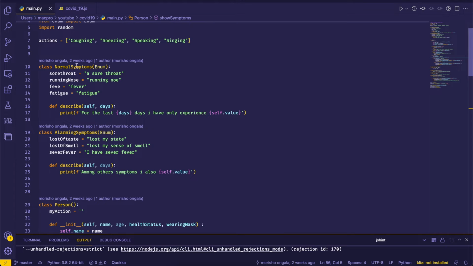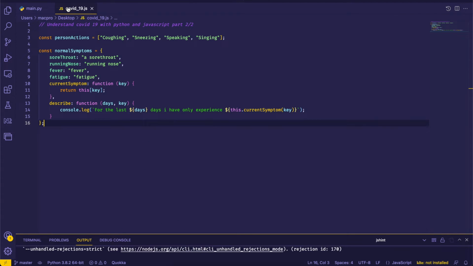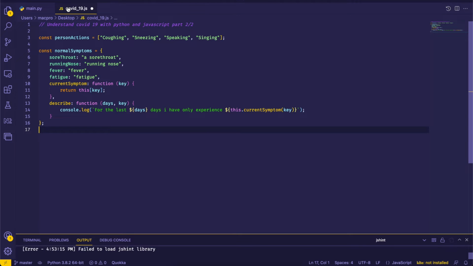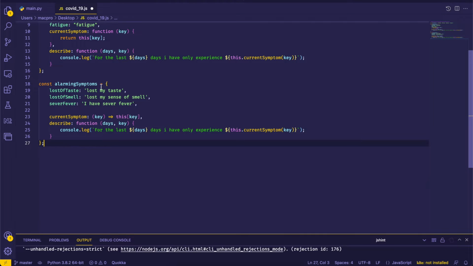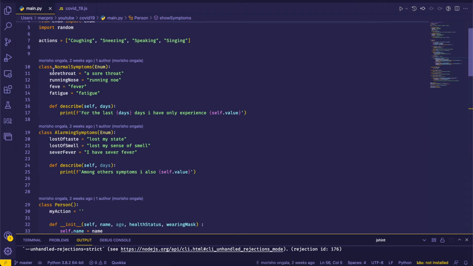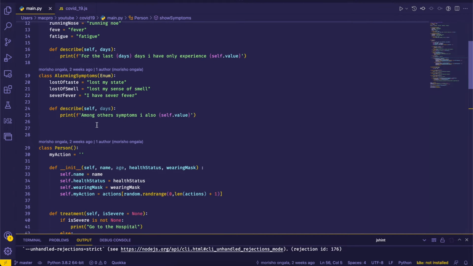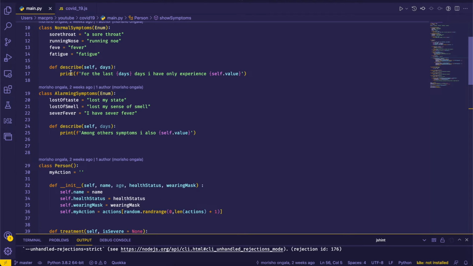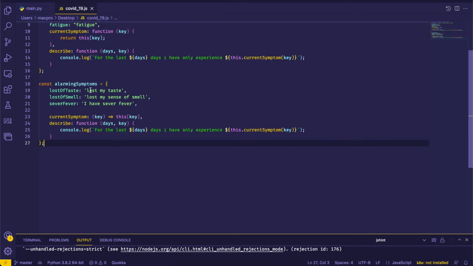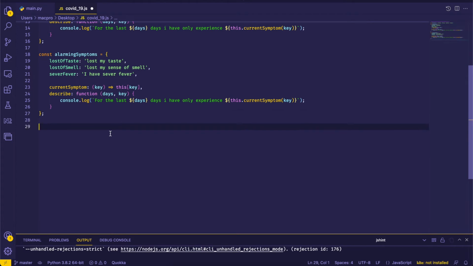The next thing was to create the alarming symptoms objects, as I keep trying to help you guys understand both codes. Here we created also an alarming symptoms enum, and I just copied the values almost, but because there are two different languages, I'm trying to mimic the same behaviors. So the next thing here was just to create